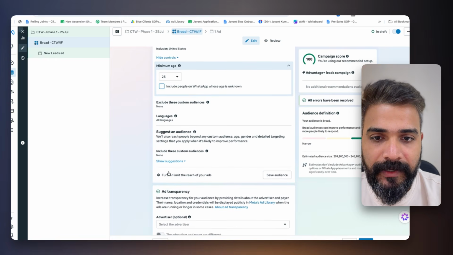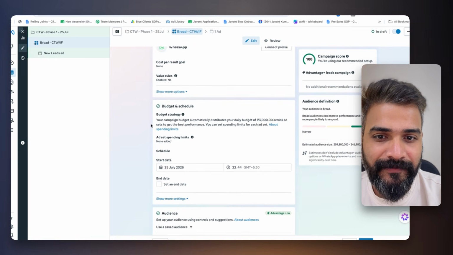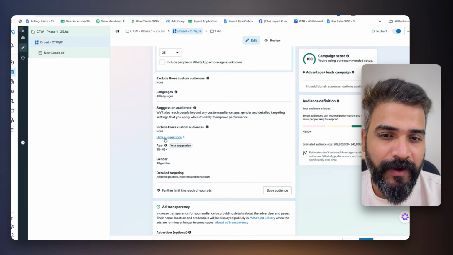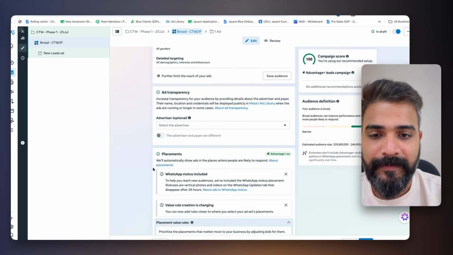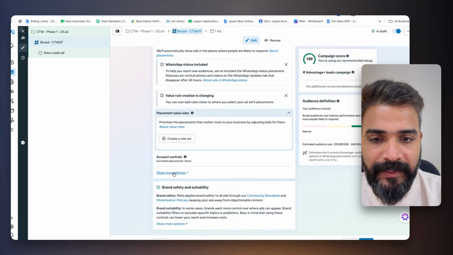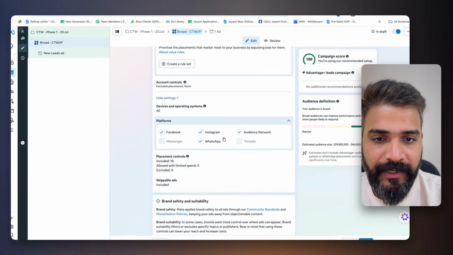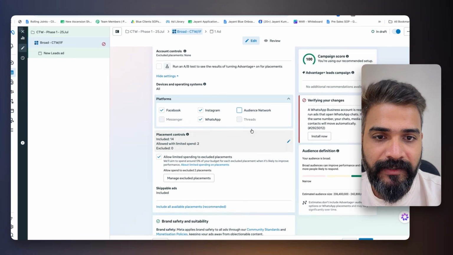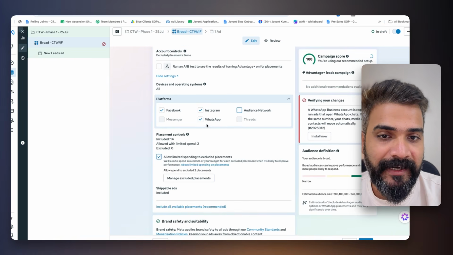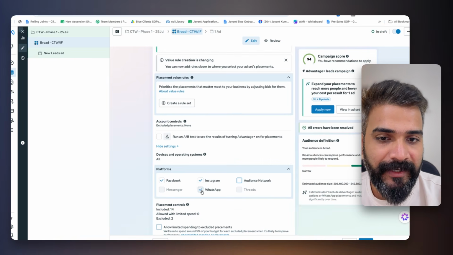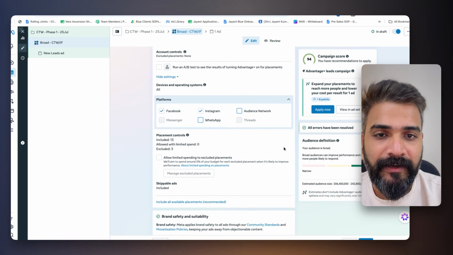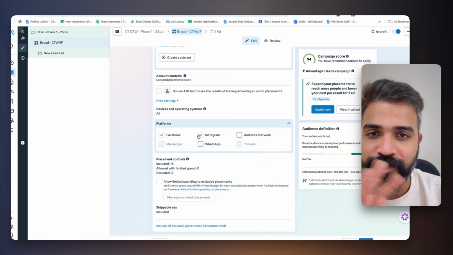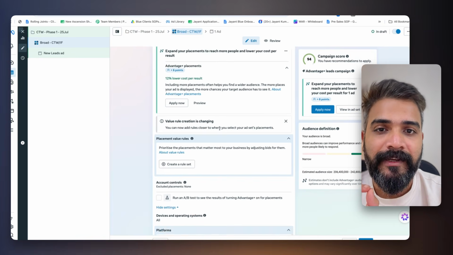Everything else is fine, you don't need to add anything else. If you want, you can try out detailed targeting, but for now I'll keep it completely open. Scroll all the way down, click on show more settings, and make sure that Audience Network is turned off. I have honestly never tried it here, so I'll keep it off for now, but in future I might open that. Mostly just stick to Facebook and Instagram, nothing else.